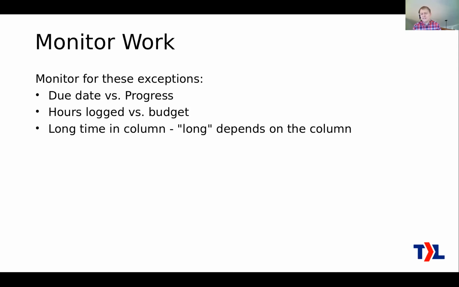Also things that are getting stale. They're not moving forward. They've been sitting a long time in one of the columns on your Kanban board. I'll get to the specifics of the different columns in just a second, but things can sit in different columns for varying times before it's a problem. In one column, things need to move forward fairly quickly. In other ones, it's okay if they sit there a little while. It's not a concern until it's been there even longer. It's kind of the same thing if it's been a long time without a time entry or a note.